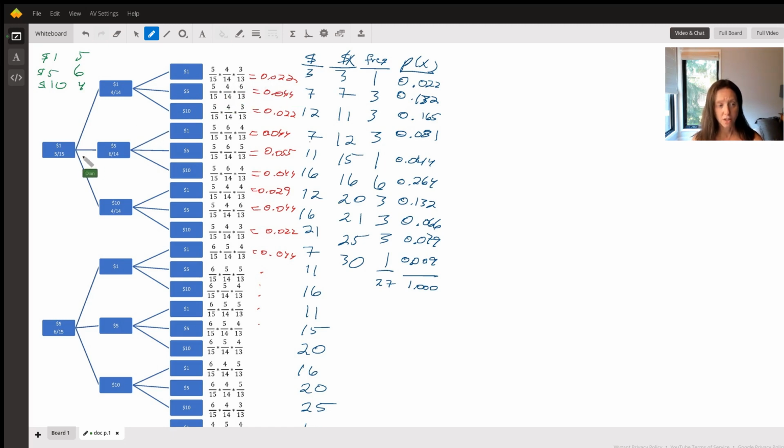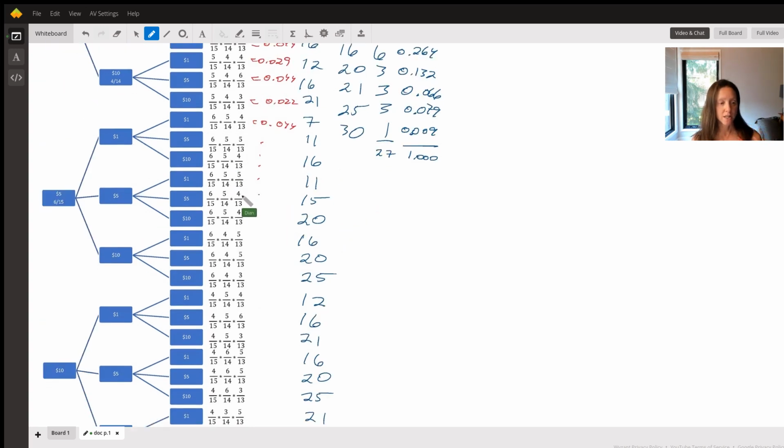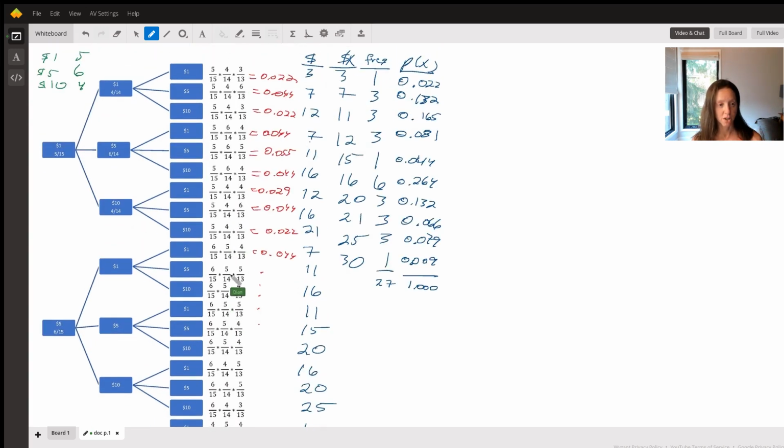And we could go, let's choose one more. Let's say we picked a 1 and then a 10 and then a 5. So the probability of the first one is 5/15. We could see that here. The probability of a 10, well, there's still 4 $10 bills in there, so it's 4, but now there's only 14 total, so it's divided by 14. And then the probability of another 1 is going to be 4/13, because there's only 4 $1 bills left out of the total 13. And you do this 27 times for all these different combinations, and you get 27 different